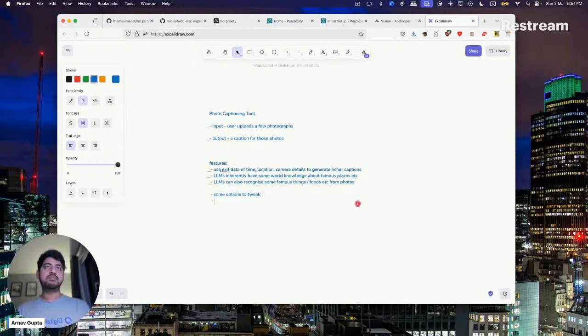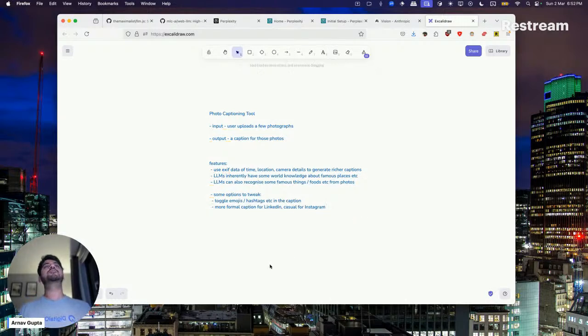Like, let's say, toggle emojis, hashtags, etc. in the caption. A more formal caption for, let's say, LinkedIn, casual for Instagram, something like that.